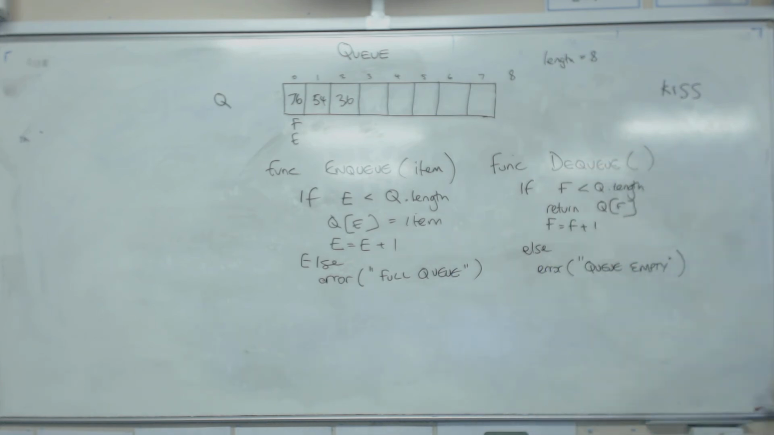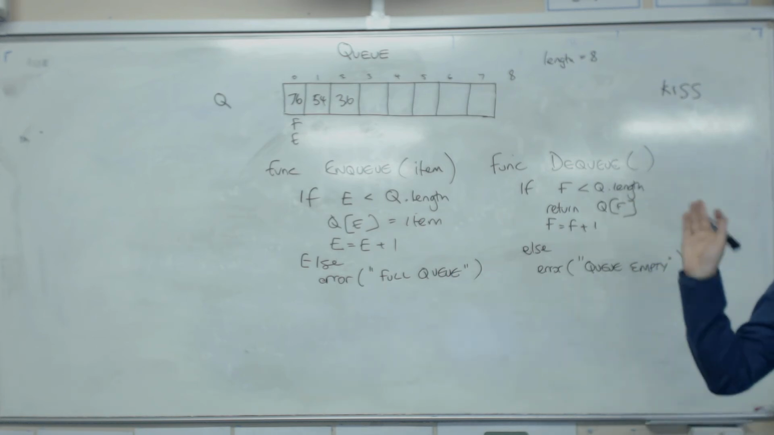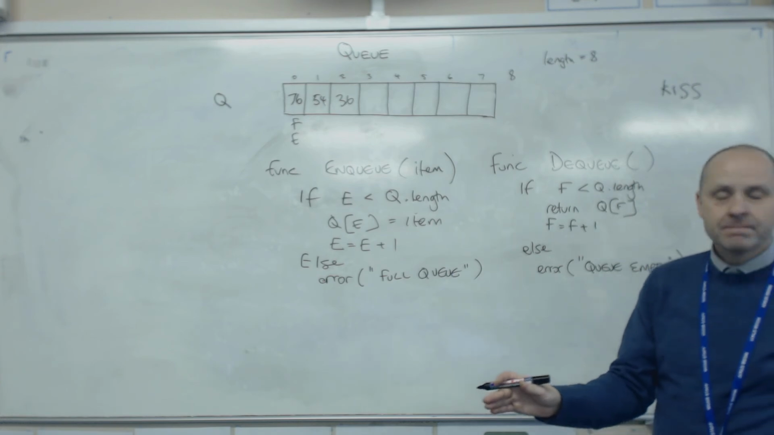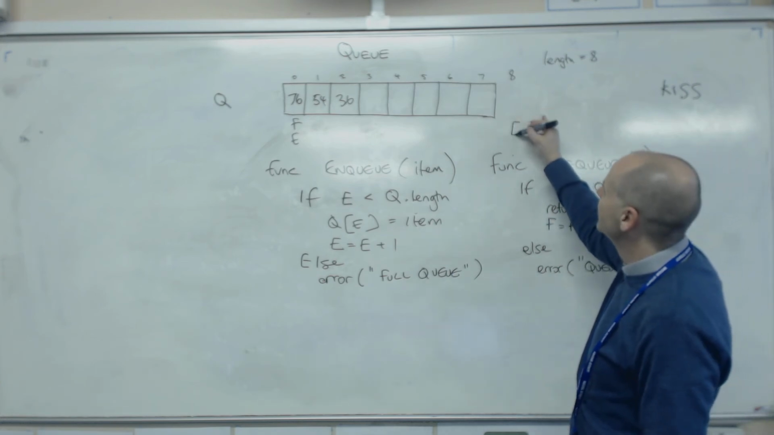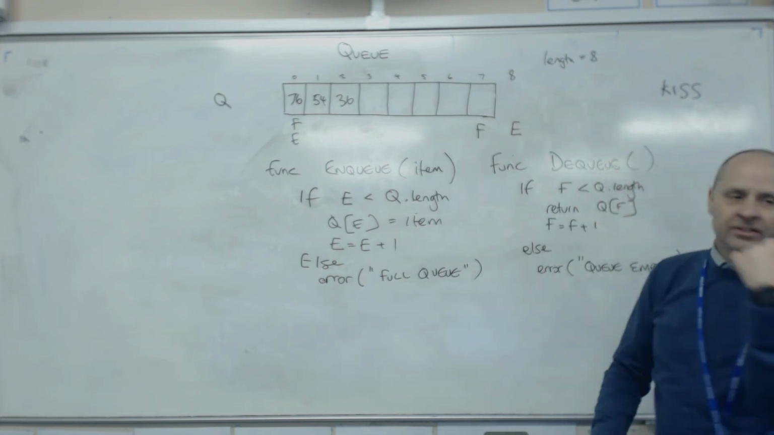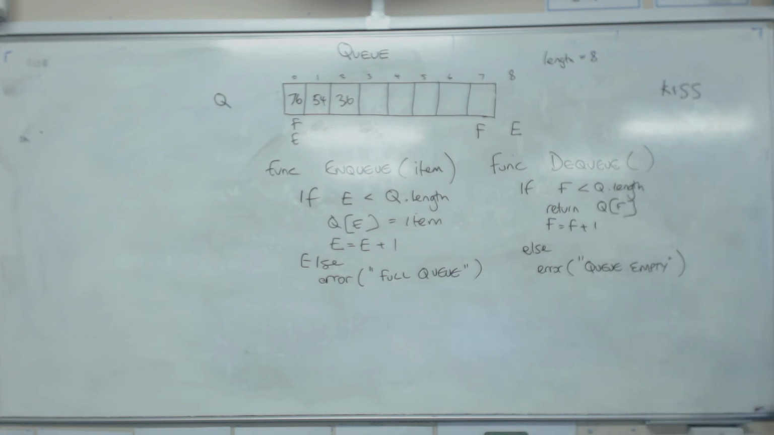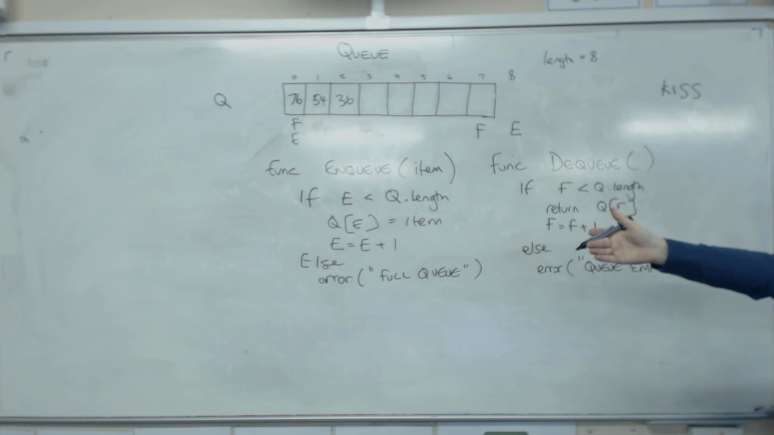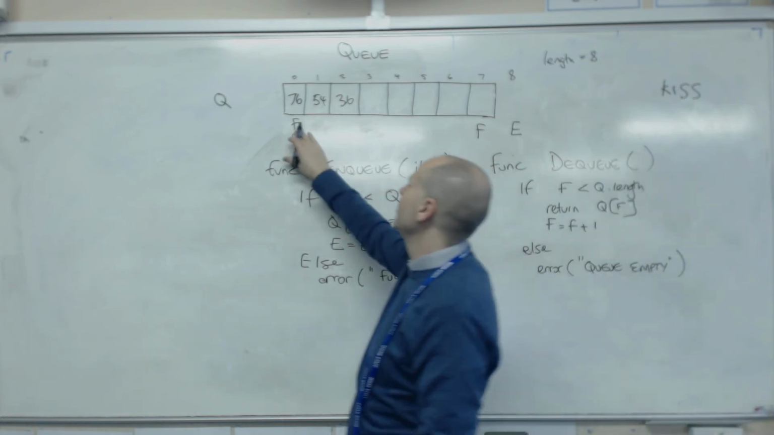So do we actually need to worry about the length? No. As long as it's less than E. Yeah, that's the key. As long as the front pointer is not at the same position as E, in the way that we're using E. If E's there and F's there, then there's something in the queue, isn't there? Because E's the end, where the next space is going to be. So in that example that we just had,